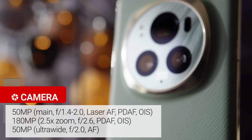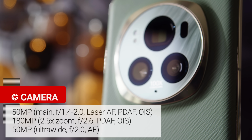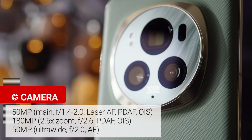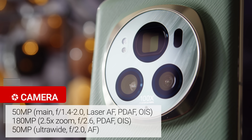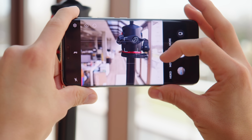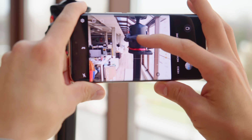There's the main cam with a dual aperture lens and a large 50-megapixel OmniVision sensor, then a 180-megapixel 2.5x telephoto zoom, and a 50-megapixel ultrawide cam with autofocus. With the main cam, you can switch apertures between f1.4 and f2.0 at the touch of a button in Pro